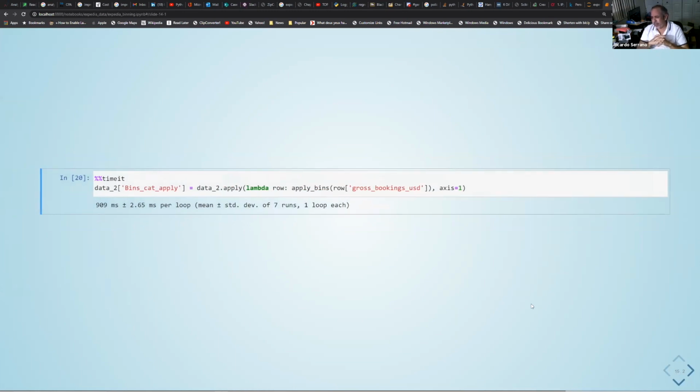You could, because what map is going to do is apply a function to a certain vector. I don't see why not. I haven't tested it, but I don't see why not. You could use map, but try to compare it with the cut function. It's going to be difficult to beat the cut function, at least for this particular situation.